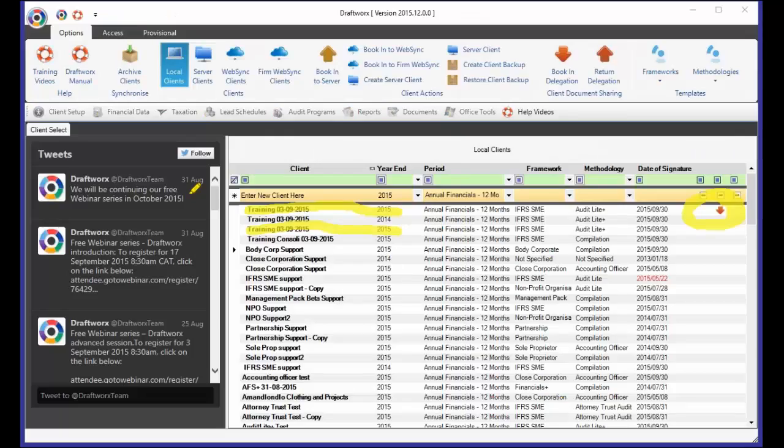All right, I want to quickly have a look at consolidations, not to go through a detailed training. You would need to create a brand new file. If you are needing to do a consolidation, you will have a file for your holding company. You would have multiple client files for your different subsidiaries, however many there are, and you would now need to create a new file, which is going to be your consolidation file. Okay, I think I actually created it incorrectly, so let me create a new one. I'm going to call it Training Consoli